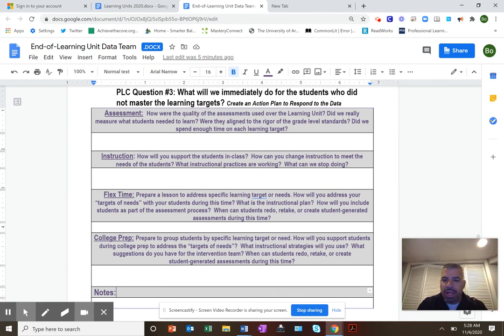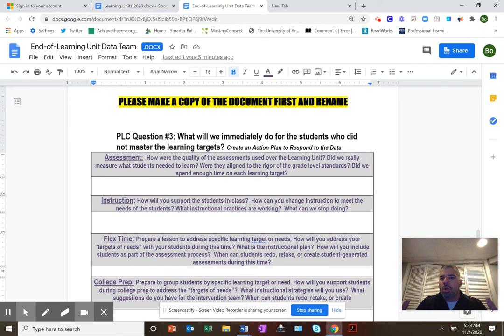You can see here we have college prep, which we do not have right now because we have cohorts. In a regular year, the teachers would then place kids in class based on each individual student's need. So again, this is our learning unit. We are constantly focused on student learning here at Arts Middle.